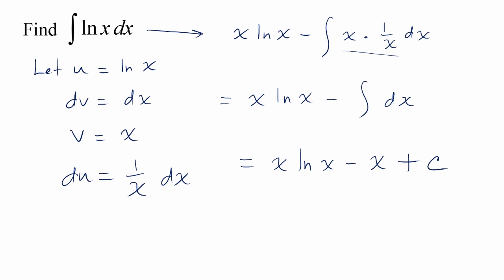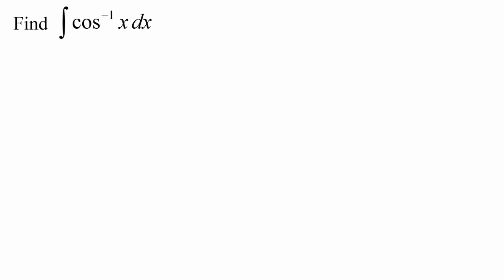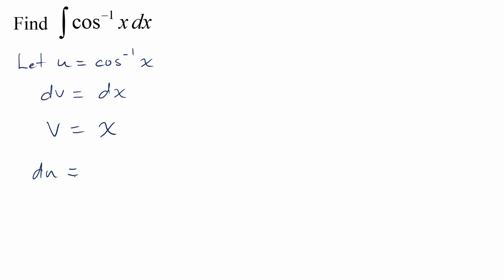Now it's time for inverse trig functions. Find the indefinite integral of inverse cosine of x dx. So using LIPET strategy, let's let u be the inverse cosine of x, and we'll let dv be dx. That implies that v is equal to x, and the derivative of u, the derivative of the inverse cosine of x, is negative 1 over square root of 1 minus x squared